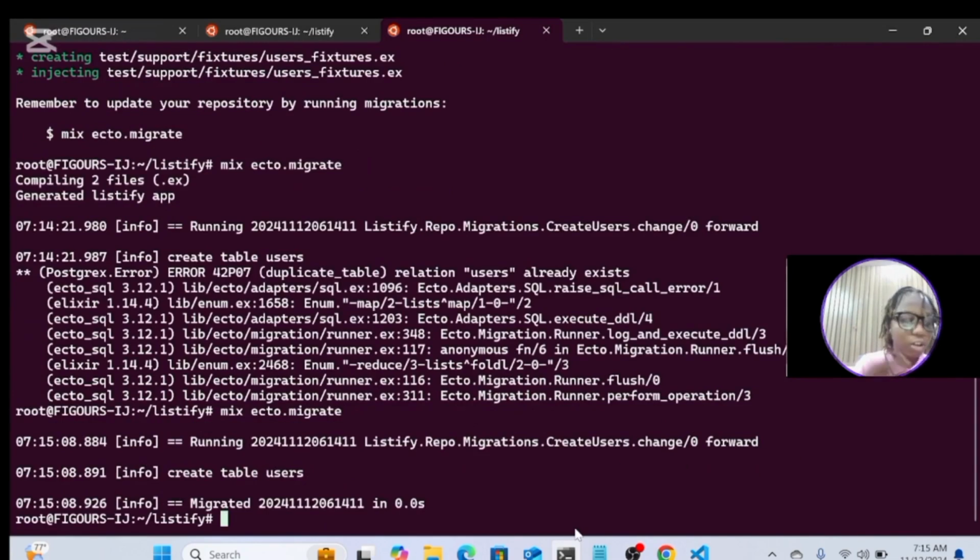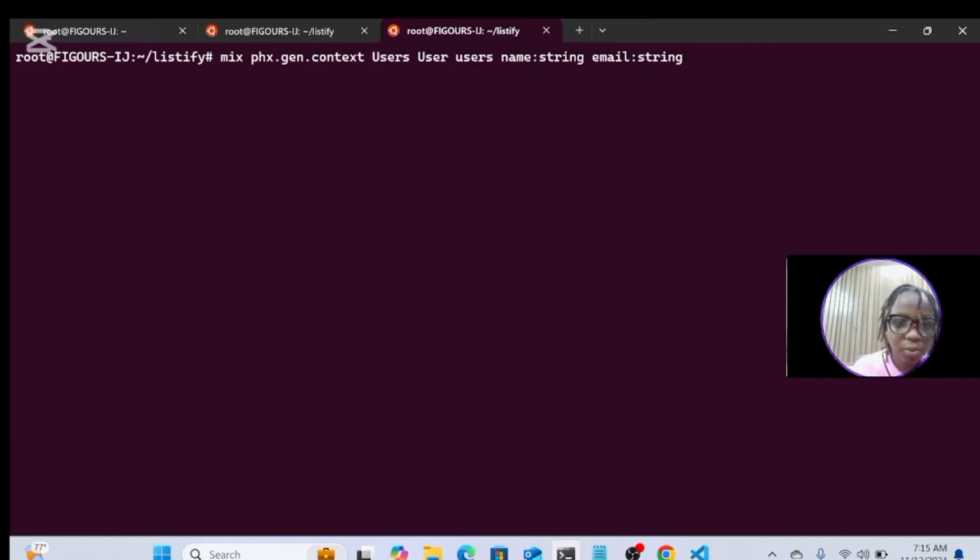Okay, so it just created it, because you saw the user table before. So let's now do groceries, name, string, description, string, quantity, that's integer. Then